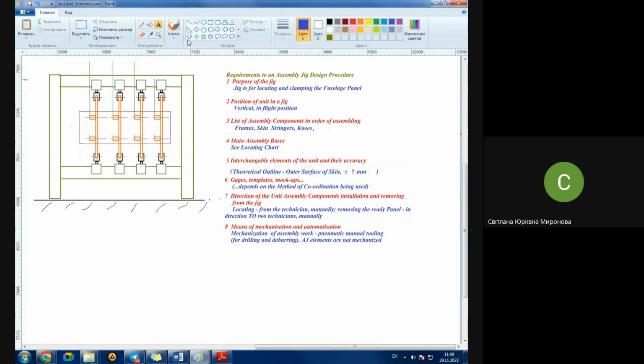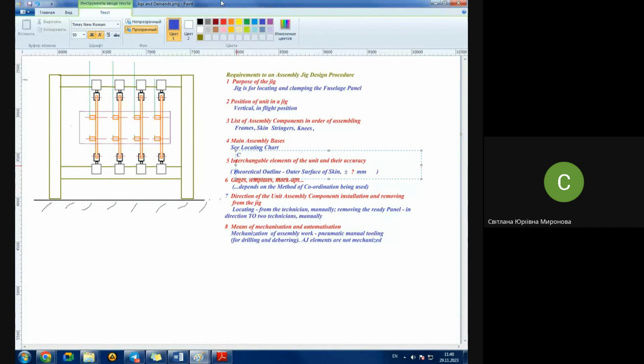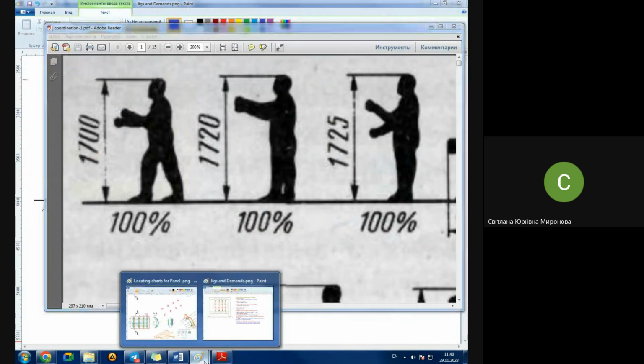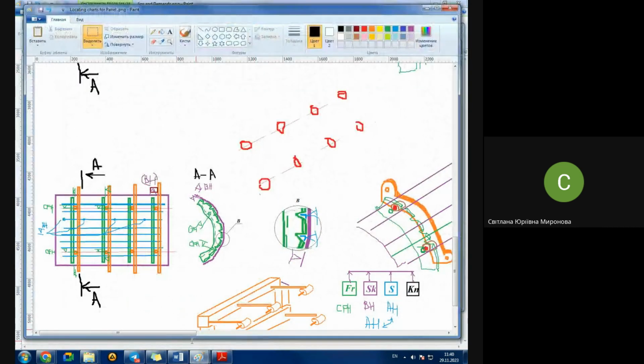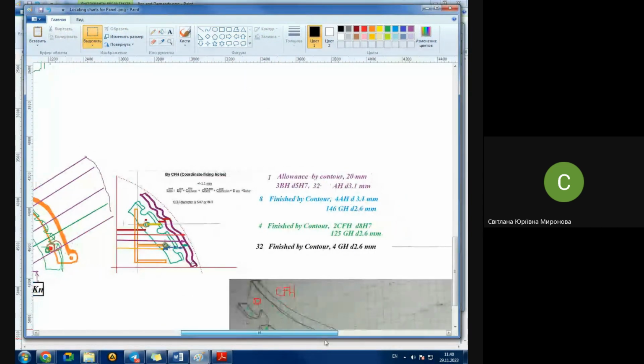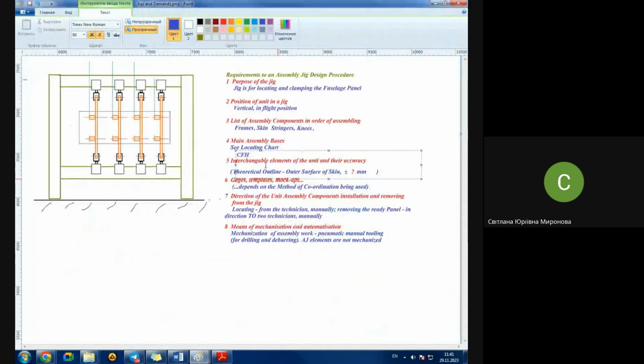But really interchangeable elements are CFH, diameter. Let's refer. I do not remember what the diameter is. Where do we refer to? Part supply condition. Diameter 8H7, CFH, diameter 8H7. So H7